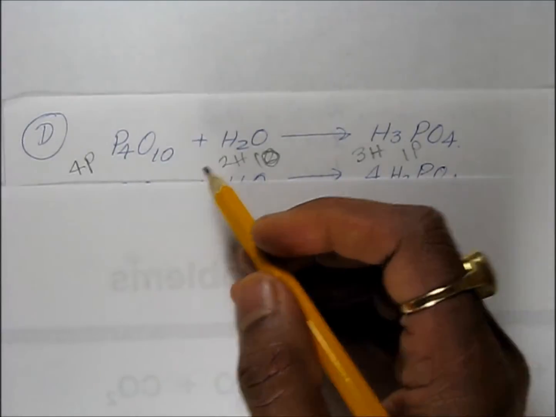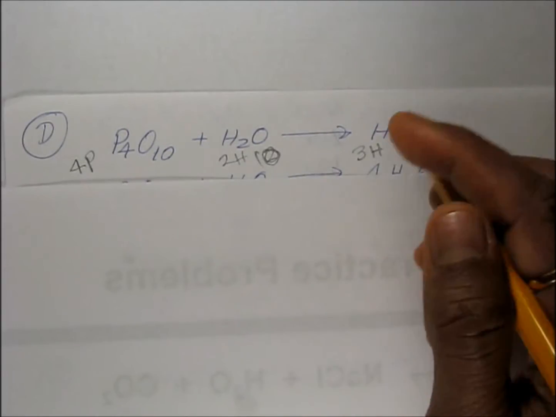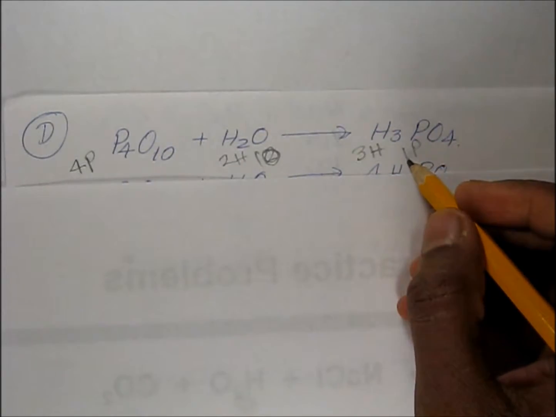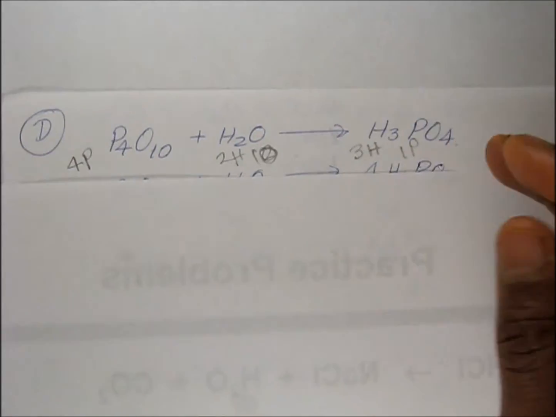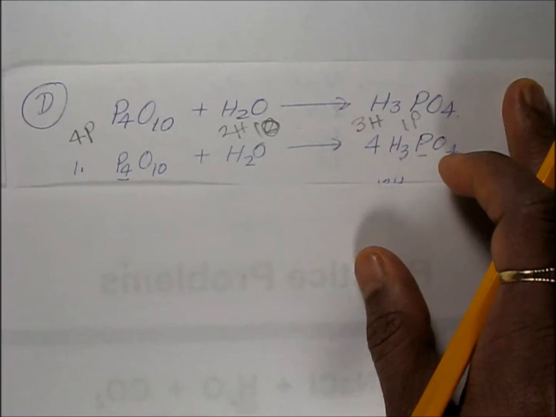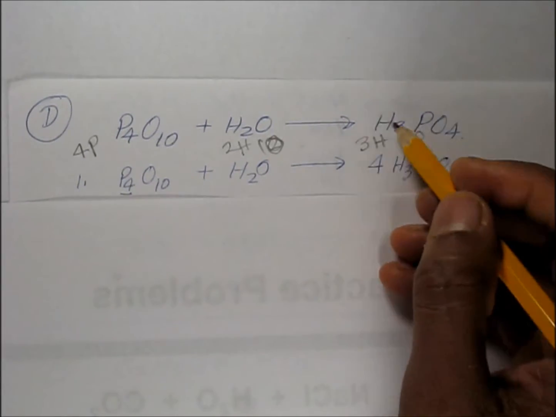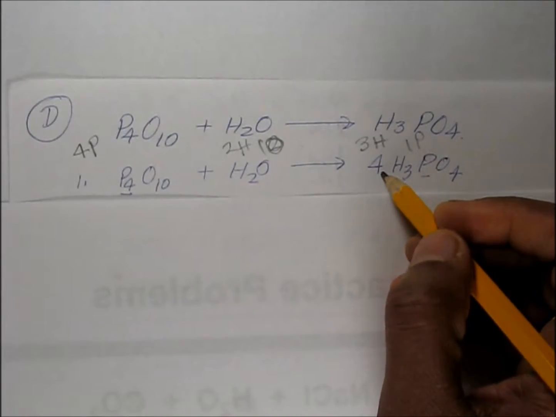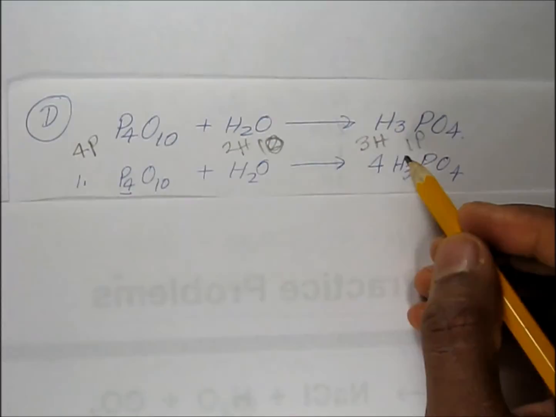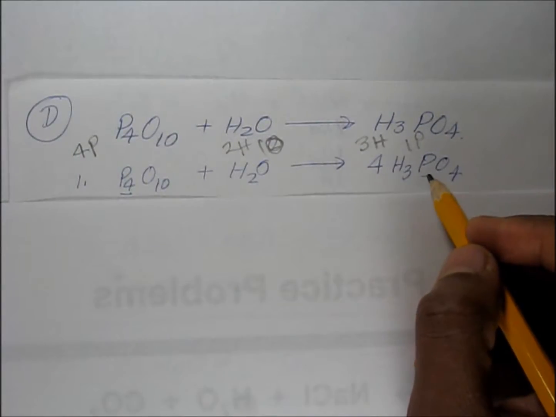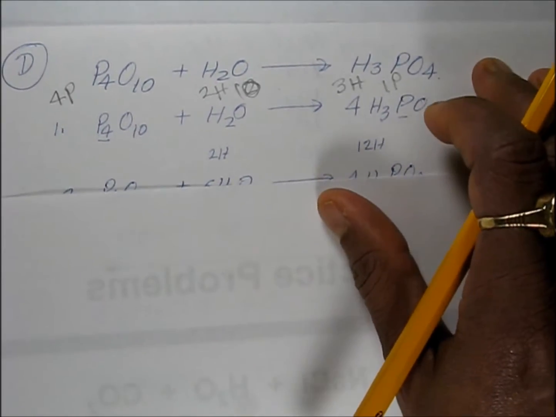So first we will balance phosphorus, because this is in the least amount, and we balance hydrogen and oxygen at the end. So what we have to do, we will add a coefficient 4 in front of phosphoric acid, then phosphorus will be balanced, 4 phosphorus on the reactant side and 4 phosphorus on the product side. Next,